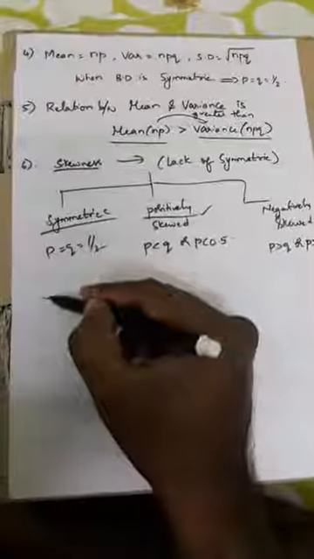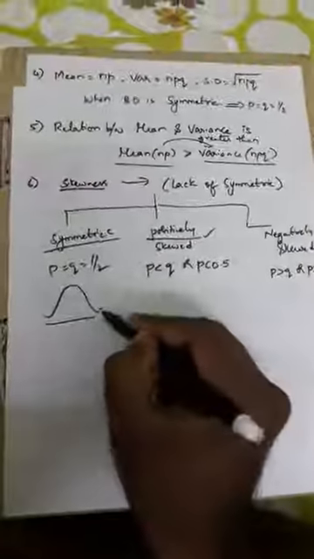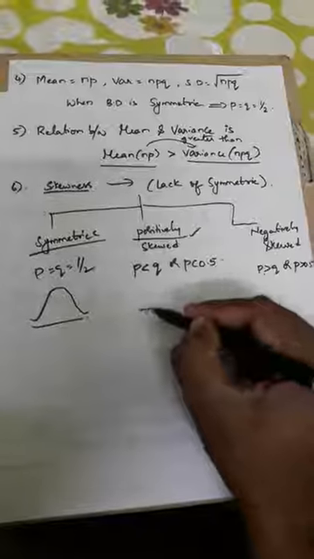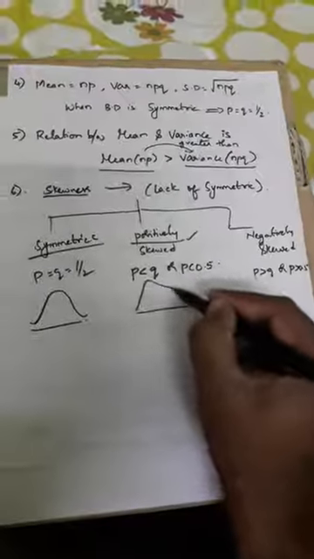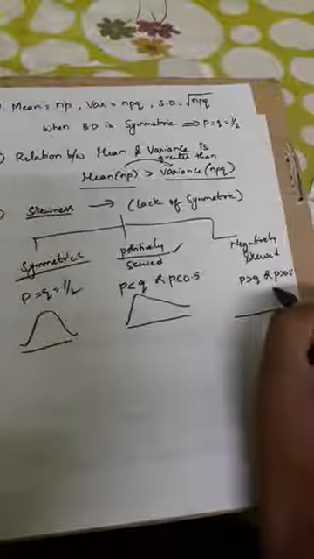So if you see the graph, it would be like this for symmetric. For positively skewed, the slope will be towards the right, and for negatively skewed, the slope will be towards the left. So we have learned this in the first year concept, skewness, positive, negative as well as symmetric. Now coming to the next point,